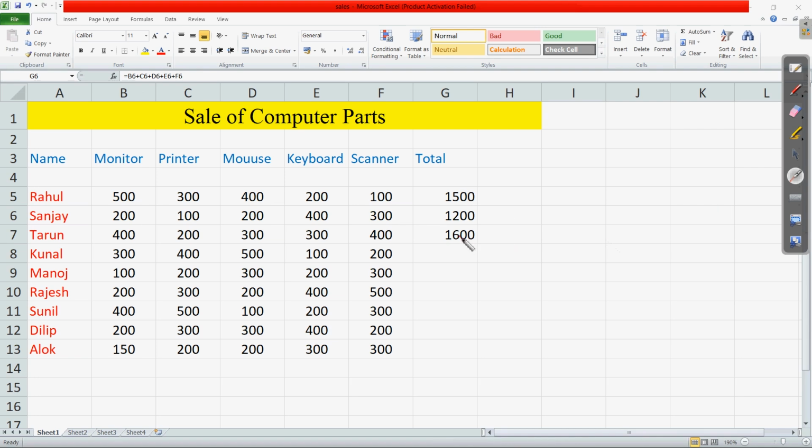So rather than writing each of the addresses individually, here we have used the function sum, and in the bracket we are using the range, that is the starting address, then colon, and then the ending address. Clear? So this way we can get it sorted. Okay, now we have written 2 3.